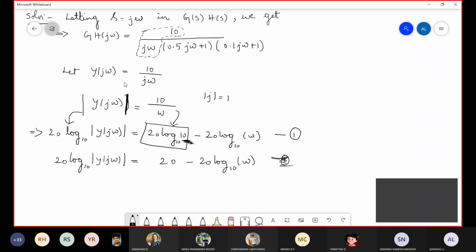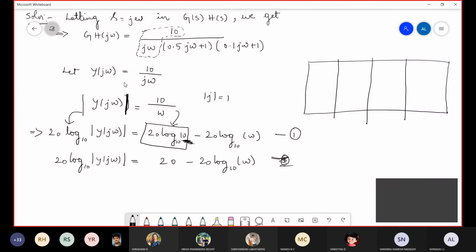So in a semi-log sheet, let us consider. On the semi-log sheet, bigger divisions will be there, like these 5, 6 divisions. Here if it is a 1, it will be written as 10. So starting is 1 and ending is 10, like that it will be written, correct? So it will be written like this.